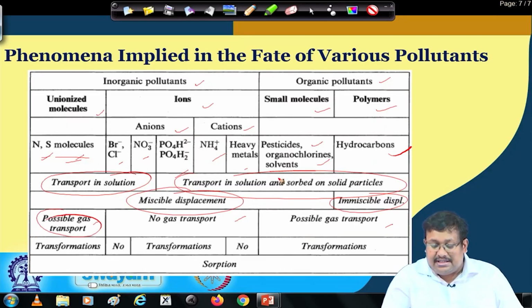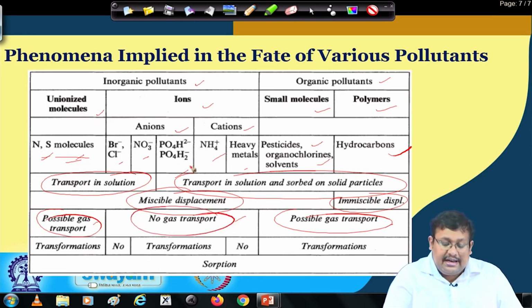Similarly, hydrocarbons, pesticides and organochlorine solvents can produce possible gas transport. However, both anions and cations cannot show any gas transport, be it anion or cation. So, among these, in the next tier you can see the nitrogen and sulfur molecules